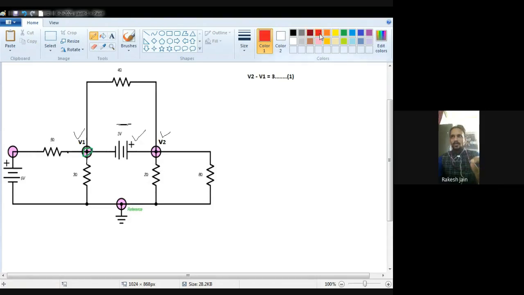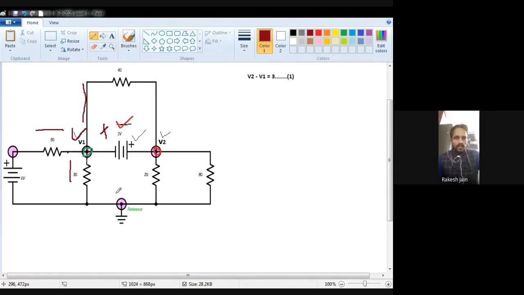To write down the supernode equation, we have to write down first the node equation for the first node which creates the supernode. So this is the first node V1 which creates a supernode, and this is the second node, which I am showing by this red color. In between them a battery of 3 volt is present, that's why it is a supernode. So how to write down equation number two? Just write down the equation for this node V1, plus... first we write down the equation for V1, but in this case do not consider the branch in which the battery is present.